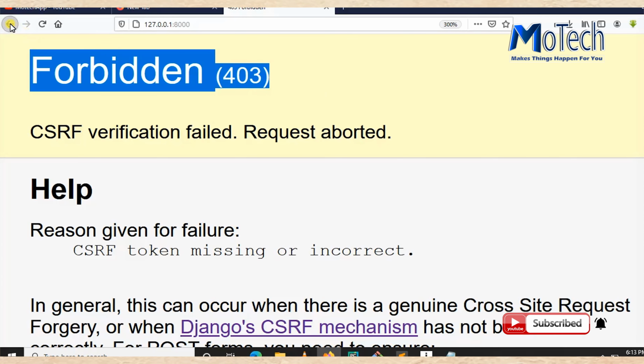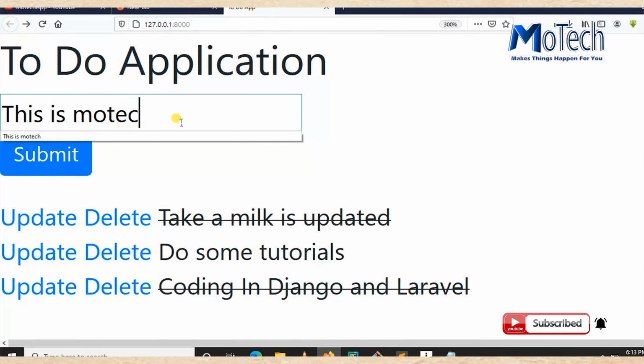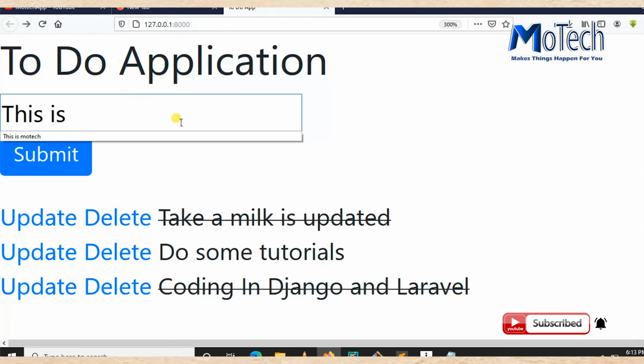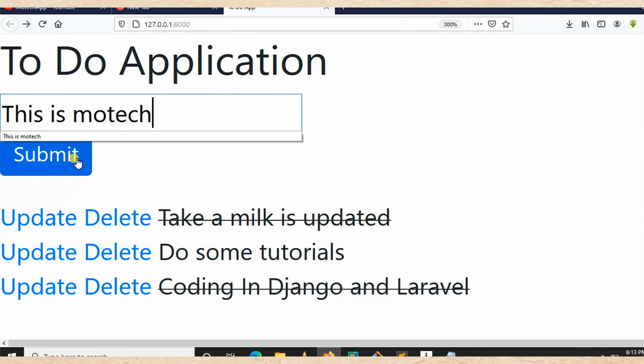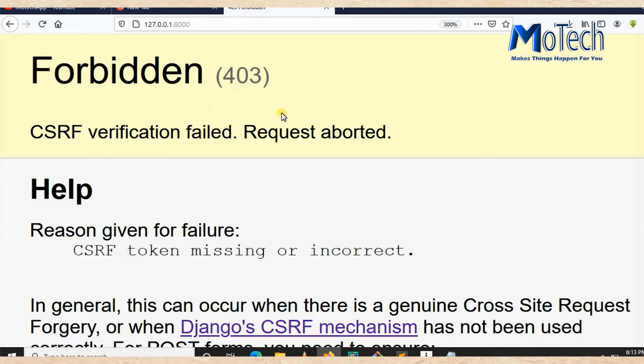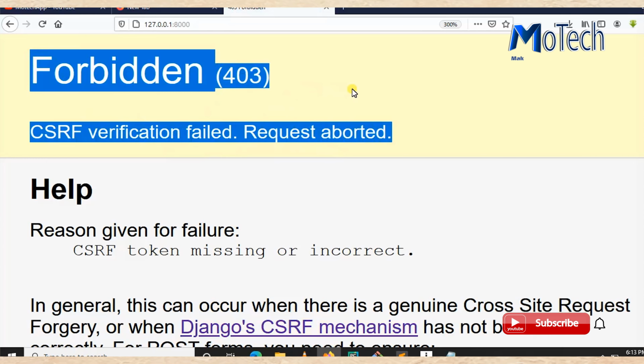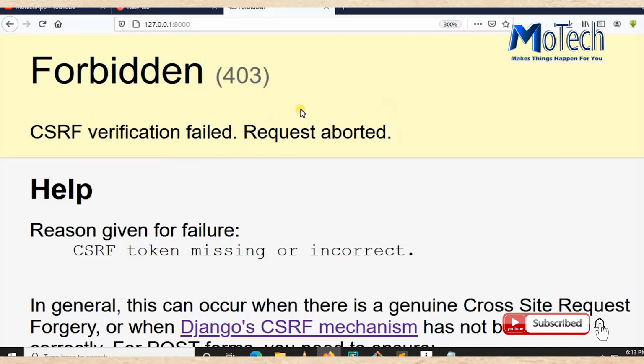So first let's try to do something. Let's type something here and submit a form. This is motechapp. What's happening when you submit the form? Now we can see this is the CSRF error in Django. It happens when you submit a form. So what are the causes of CSRF